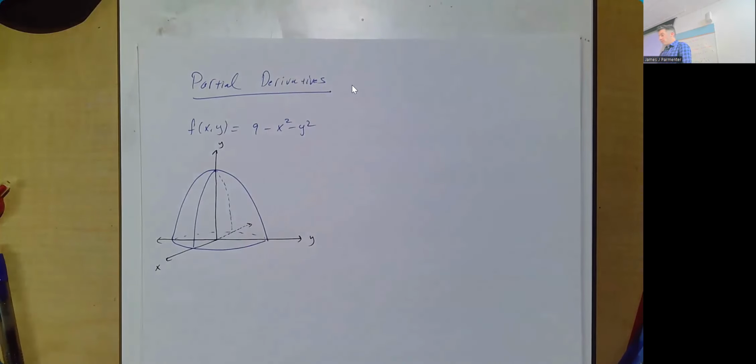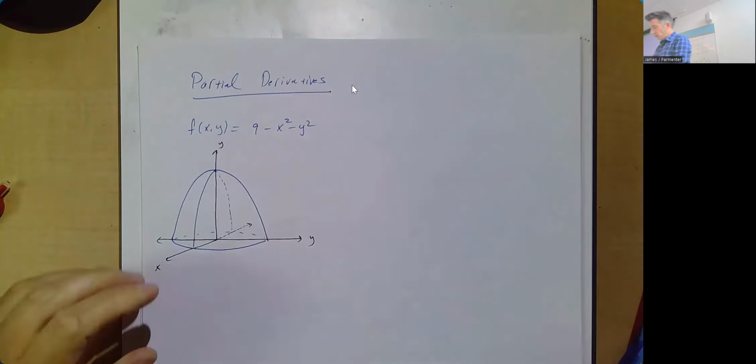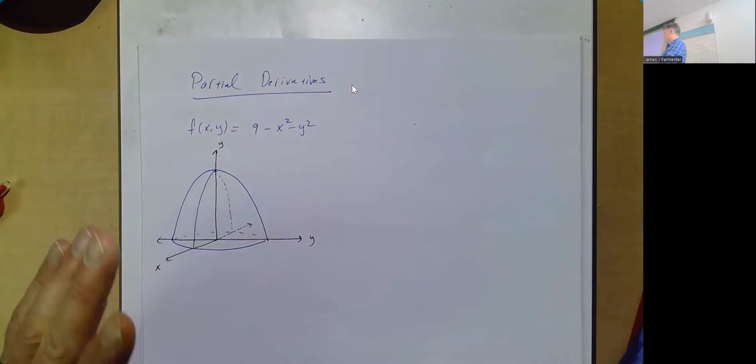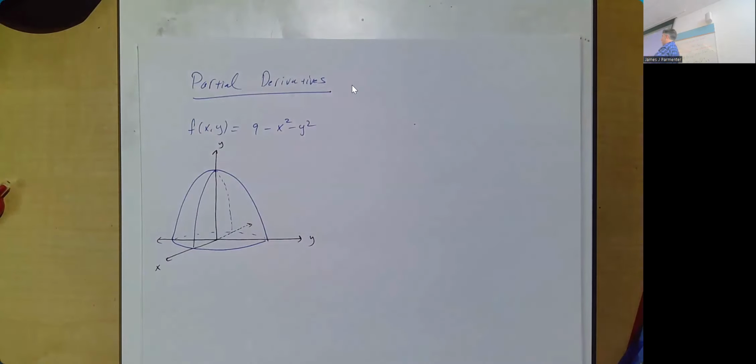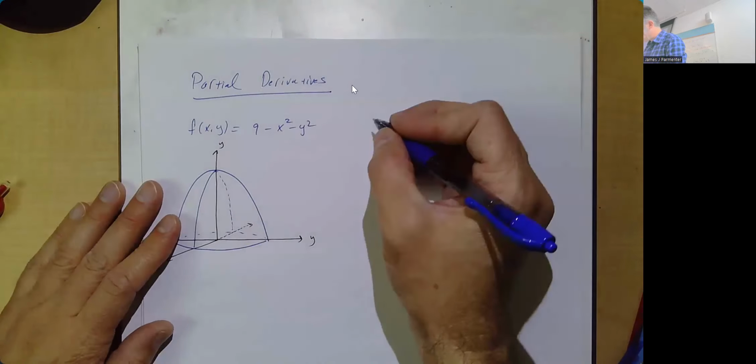What we're going to do is we're going to say, okay, well, I want to know what's the derivative of this surface, or what's the slope of the tangent line to this surface in the direction of x when I hold y equal to 2. Now normally I will just point out, you don't actually have to set y equal to any particular value. We're going to do that so we can see what's happening. So if I set y equal to 2,